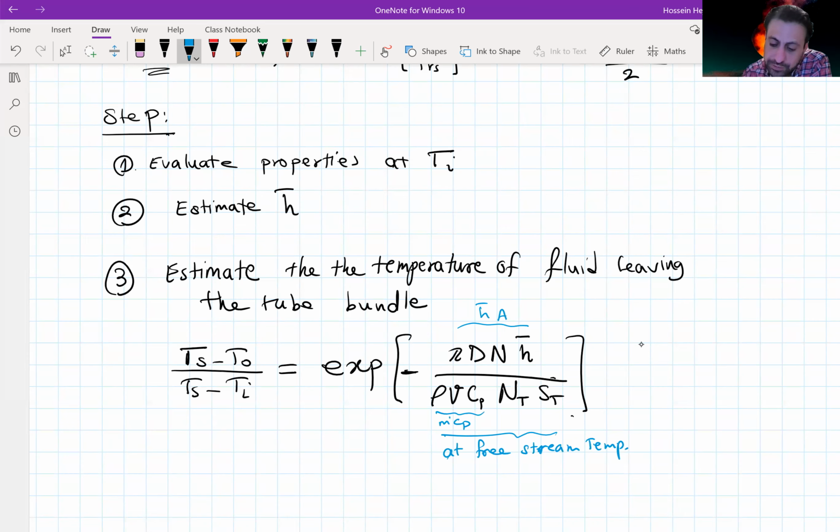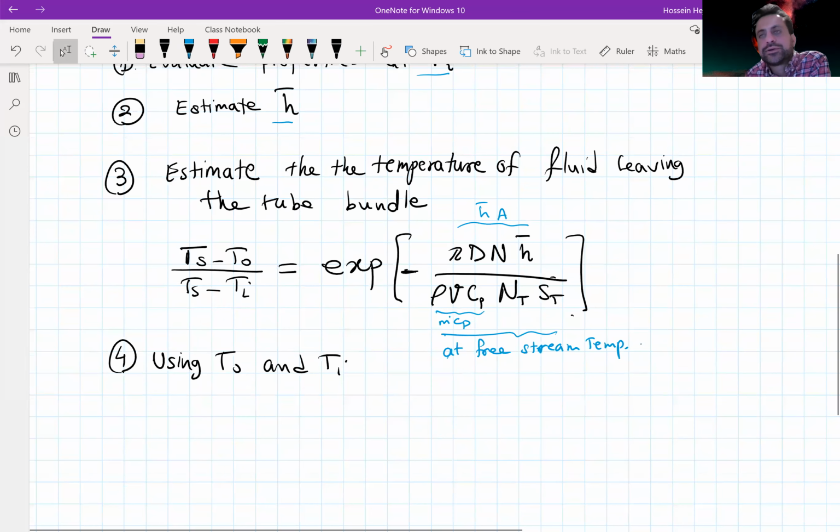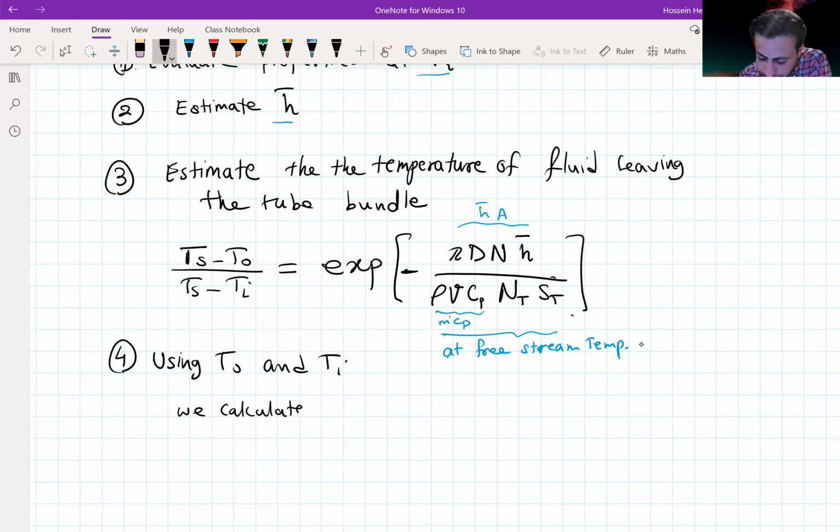temperature. So we find properties at T_i, estimate h. We use the h in this equation, and rho and c_p at the free stream temperature, and then we find the value of T_o. Now that we have T_o and T_i, we calculate another temperature, what we call